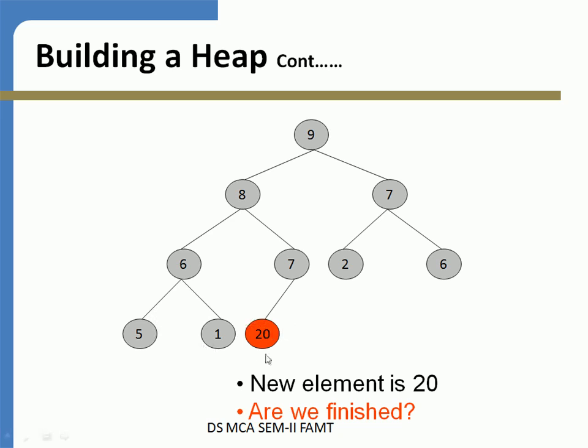Now consider a heap tree. We inserted a new element 20. As per the shape property, insertion is towards the left side of the deepest level, so it is correct, it is on the left side of this tree. Next will be inserted at this place, and so on. Now the second, order property. As per that, this 20 is greater than its parent 7, so we need to swap these two values. So we'll do that.